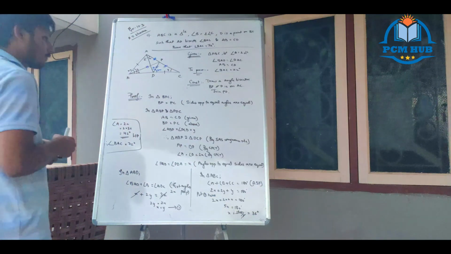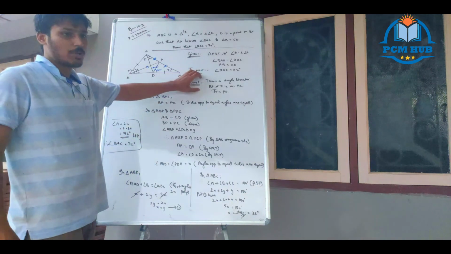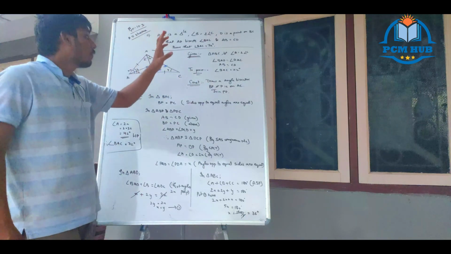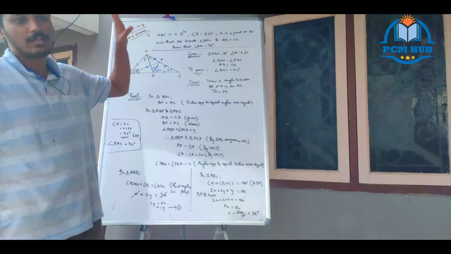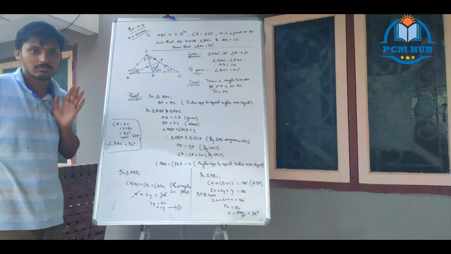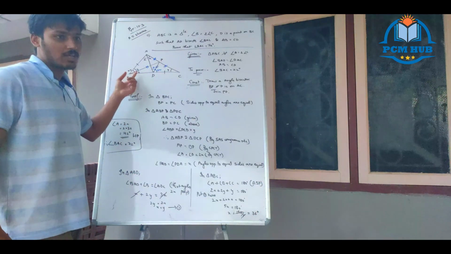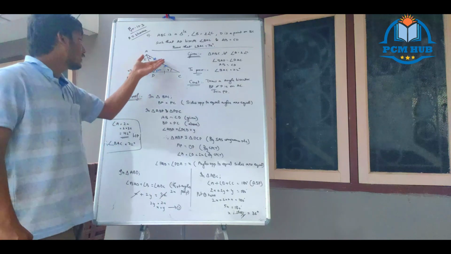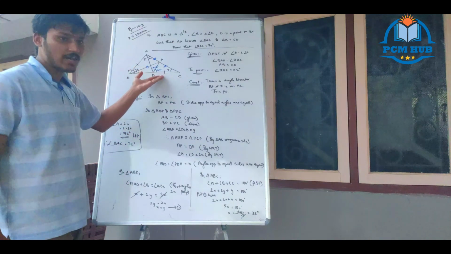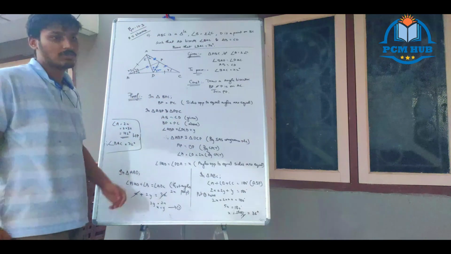Clear with the proof? There are 3 stages of logic. First, construction is the most important thing here. Why should the construction idea come? Because you need to apply the angle sum property or exterior angle property, which is only possible if we create triangles inside a triangle. First objective of construction: you are making a bisector. Why? To make y equal. Obviously, if you join that, you will join this. Then you can see by the blue marking and red marking which triangles are congruent, proving congruent, bringing that A towards the downside.